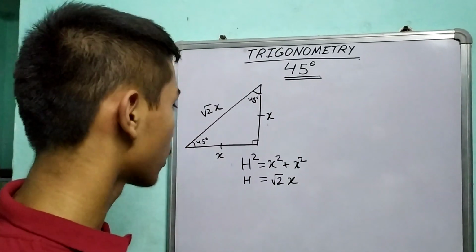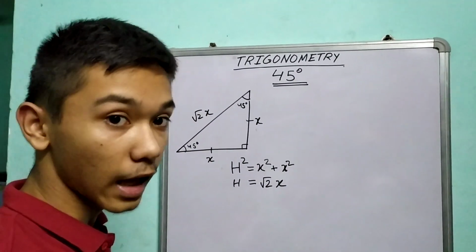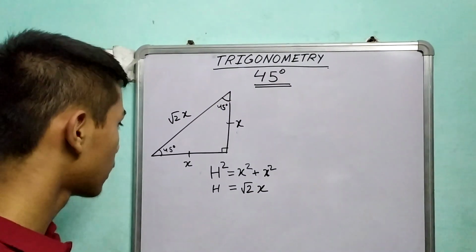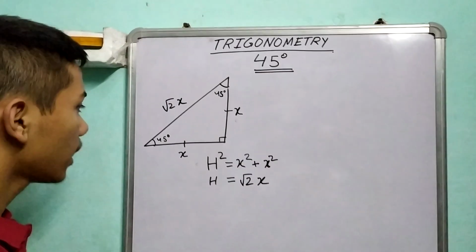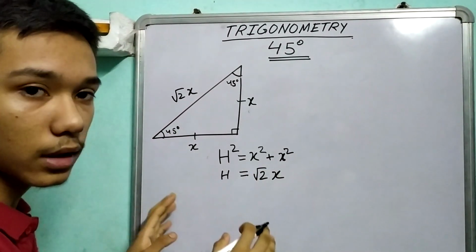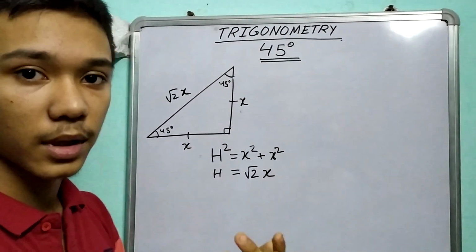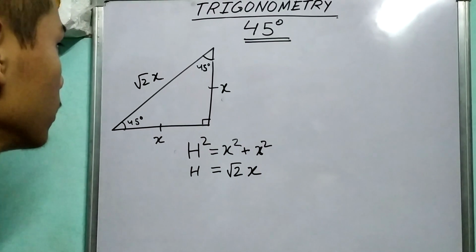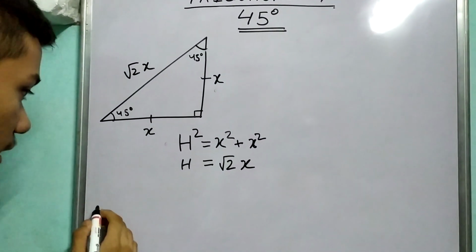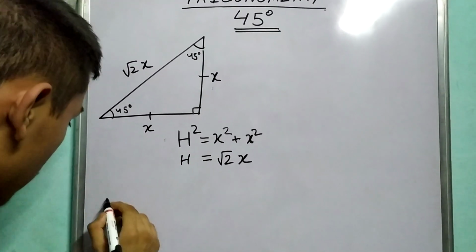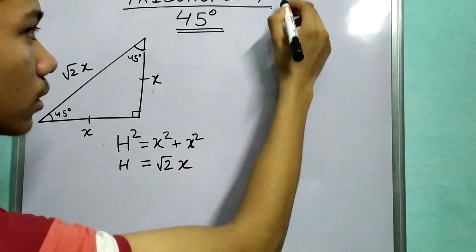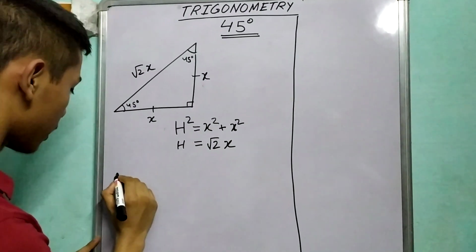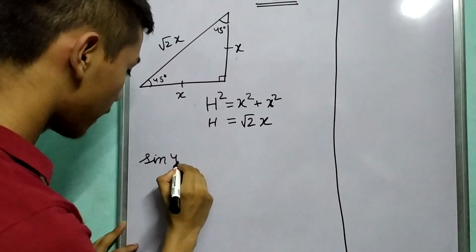Because we have everything we need. We need side lengths. Okay, we have them. We have all the sides. We need the angles which we find. They are also present. So let us evaluate. I encourage you to pause the video and try to do this yourself. Okay, so try to find all the 6 trigonometric ratios for 45 degrees. So I assume you have paused the video and gave it a try. So let me start. So I'm going to write a final result. So let me just start. So sine of 45 degrees.